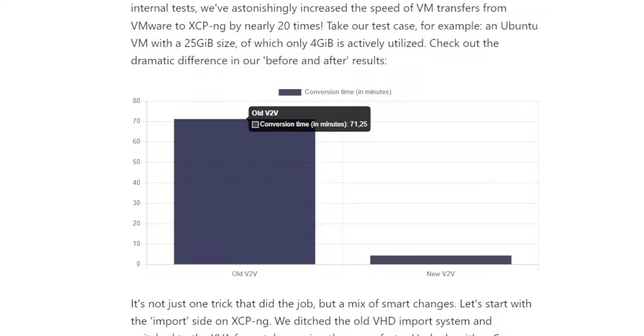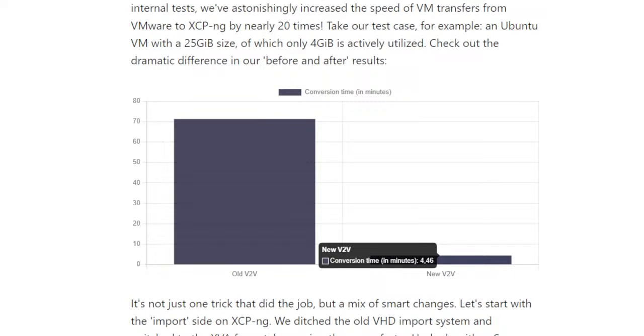So it's kind of the worst case scenario. Obviously, if you have 10 gig, it will be even better. But then we went from more than an hour to less than 5 minutes with the new code. So this is a huge, I would say, game changer, because now migrating is even faster, even if in some